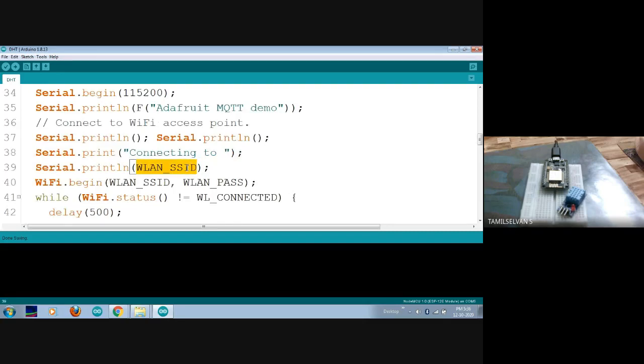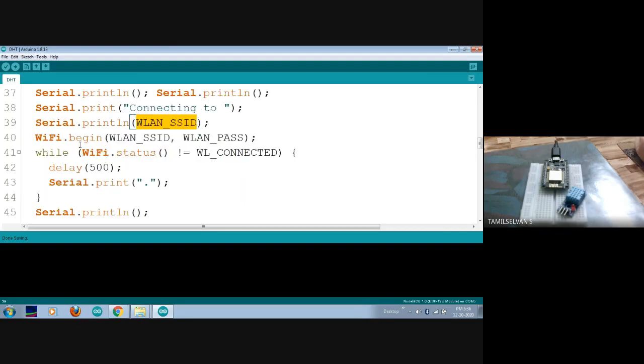Okay, because sometimes I may change my controller, and after using a different controller, if I want to judge which network it is going to connect to, I can simply open the serial monitor and see. Because after uploading a program into the controller, we cannot see which particular Wi-Fi network we have used for this controller. So for verifying this, I'm writing all these lines.